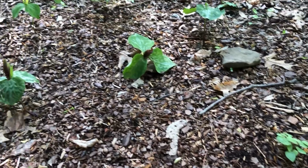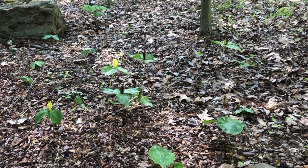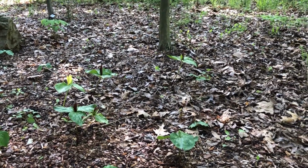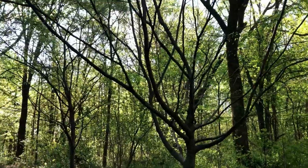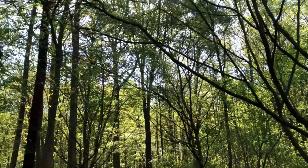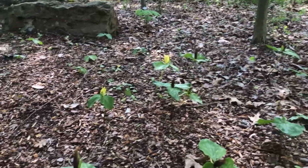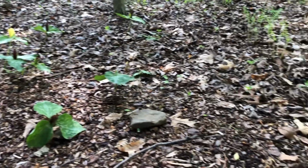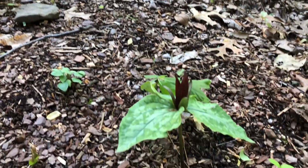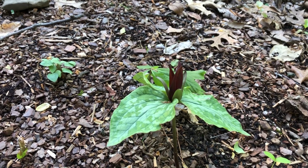So these are the last of our trillium that has bloomed, and as you can tell from the forest, it's starting to leaf out, steal away all that precious sun, and so hence the trillium's job this year is done. They were up for about 3 weeks, and I anticipate they are near the end of their life cycle here